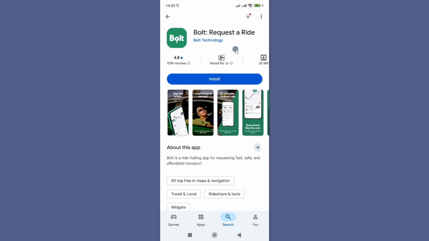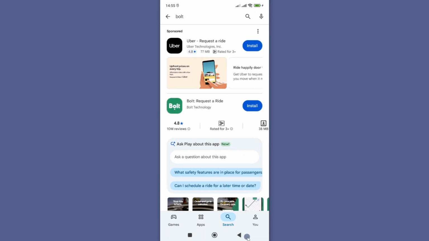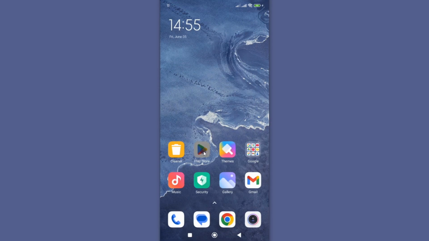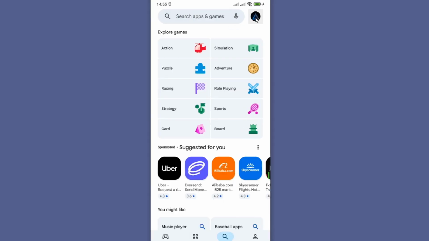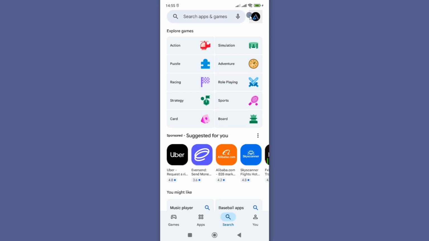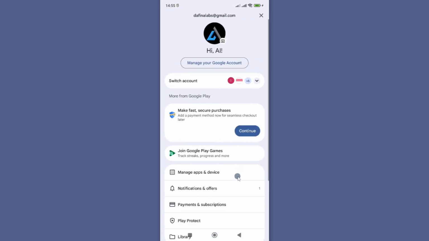So there are about 3 or 4 ways you can use to fix this problem. Now, in the first method, just go to Google Play Store and open it, and you need to make sure you are logged in with your email, that is your Gmail account, before you search for your app and install it. However, if this was not possible, then you need to tap on the profile icon here and go down